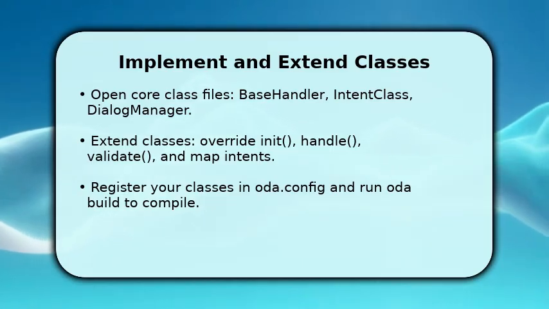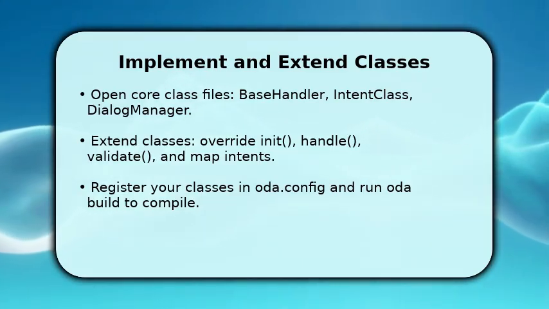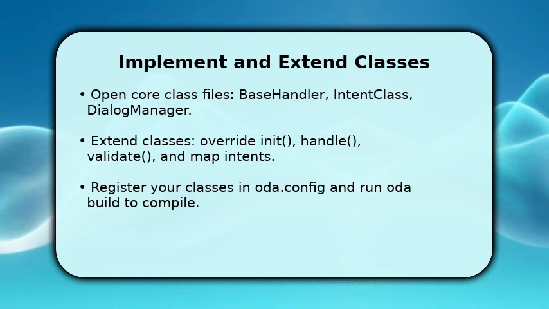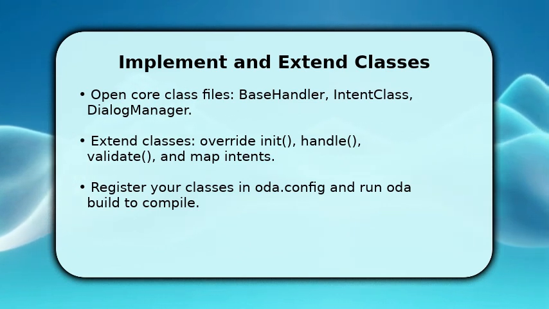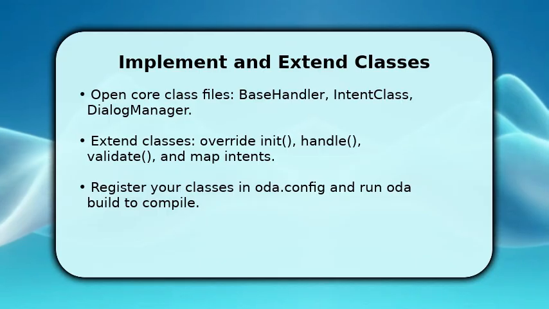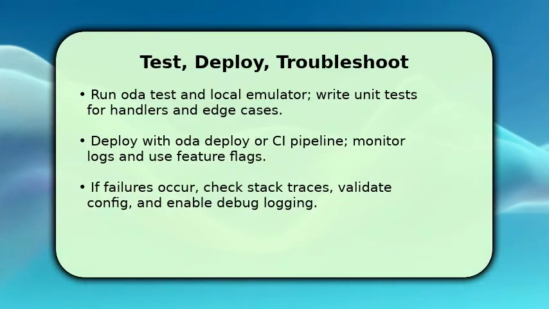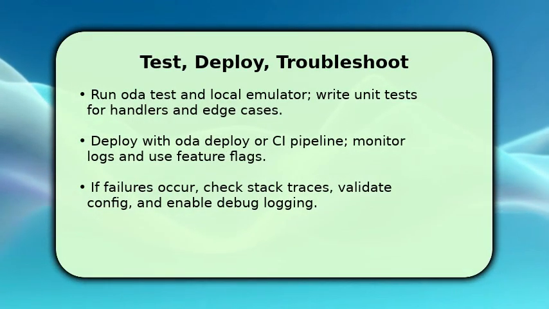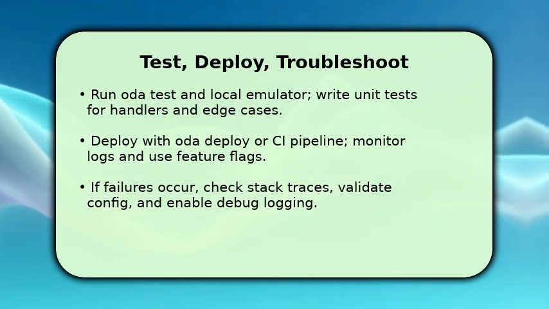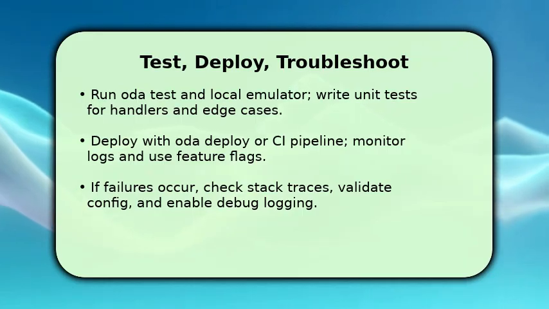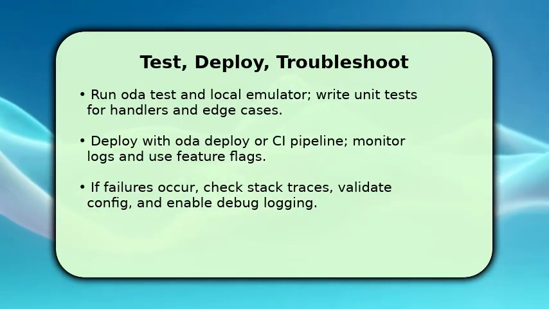This prevents tight coupling. After coding, register your classes in Oda Config, run Oda build, and watch for compile errors that reveal missing imports or misnamed methods. You finish by thoroughly testing handlers with Oda test and the local emulator to validate flows and edge cases. Once tests pass, deploy using Oda deploy or integrate into CI/CD and monitor runtime logs and metrics to confirm behavior